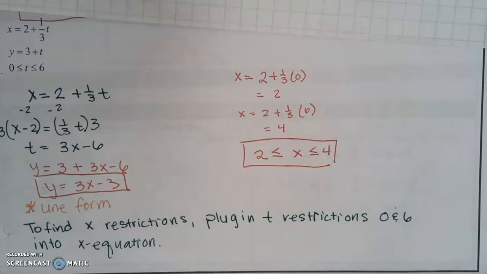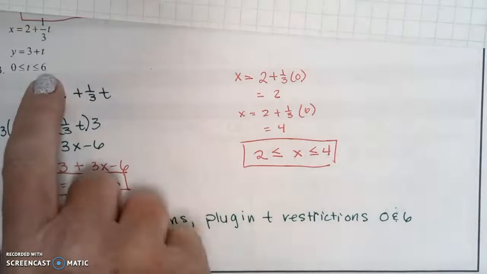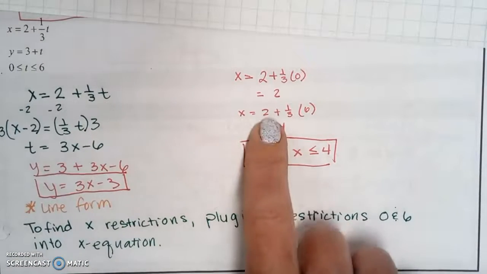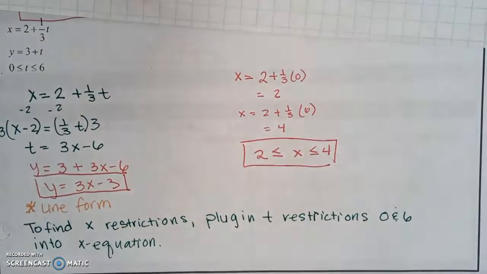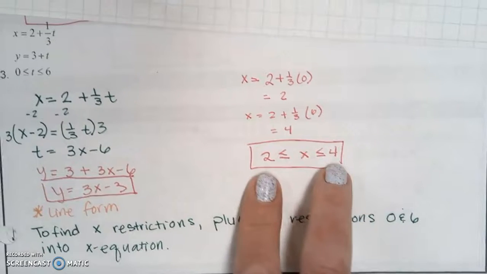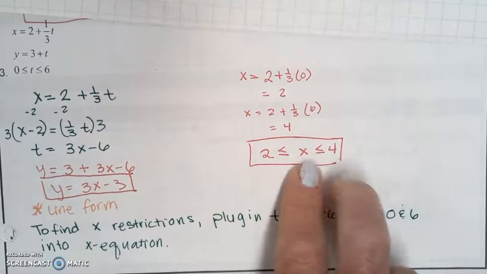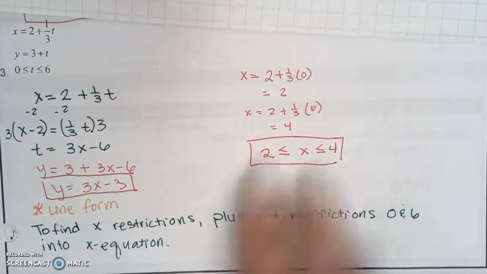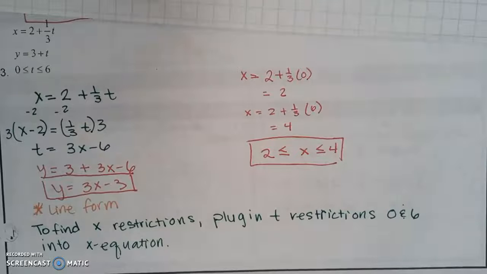Then we plug in the other value, which was 6. So 2 plus 1/3 times 6. So 1/3 of 6 is 2, so 2 plus 2 is 4. And that gives us our restrictions for x. So x is going to be between 2 and 4. Okay, so you're going to see